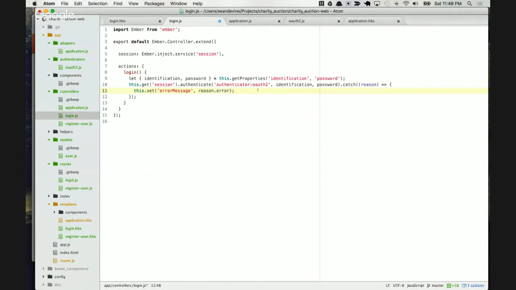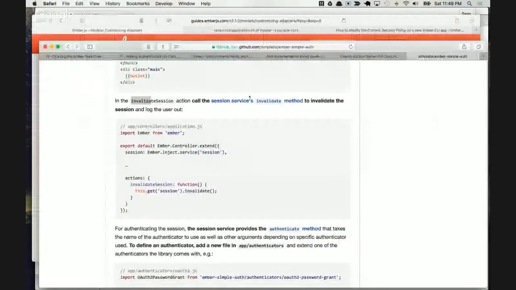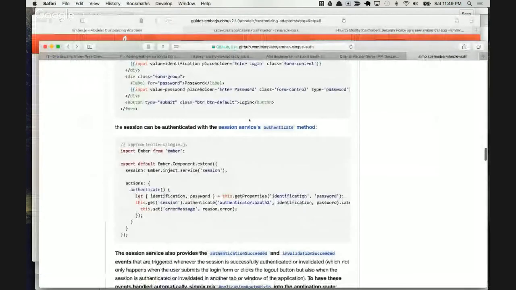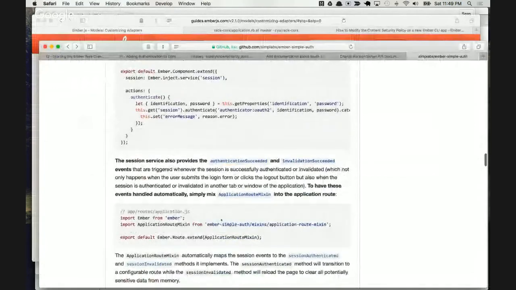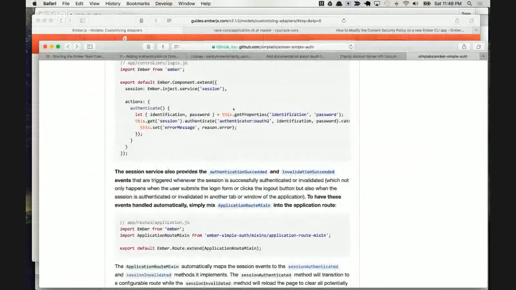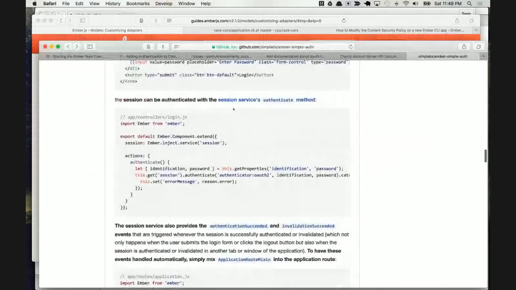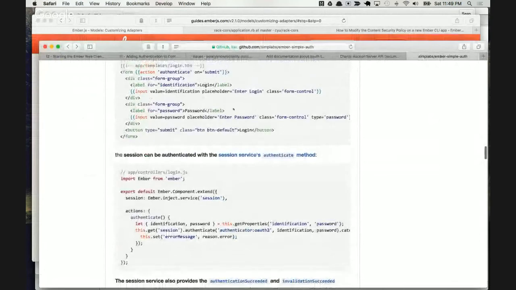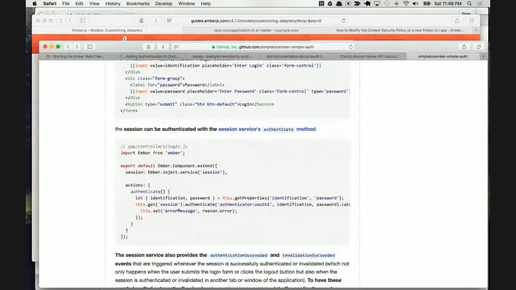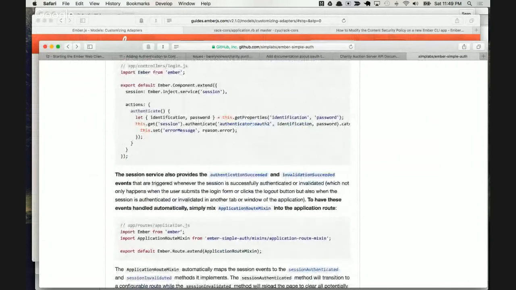And I'm pausing here and I looked at this. It feels a little... Well, I'm going to see in what he says here about how he does this, because it feels a little weird that this doesn't return a promise. But, so he's going to address this. So it can be authenticated with the authenticating method. That's what we're doing. It says the session service also provides the authentication succeeded and invalidation succeeded events that are